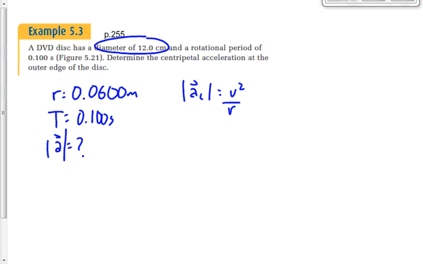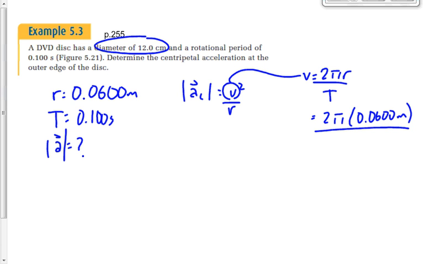We start with an equation that doesn't seem to work for us. We're missing something. Well, we find the thing that we're missing. How do we find v? The speed at the outer edge of this disk as it moves in a circle. Okay? d over t, yes, it's d over t. d is the circumference of the circle, or 2 pi r, and t is the time around the circle once, which is period, right? So we get 2 pi r over t becomes 2 times pi times 0.0600 meters divided by the period of 0.100 seconds. We get